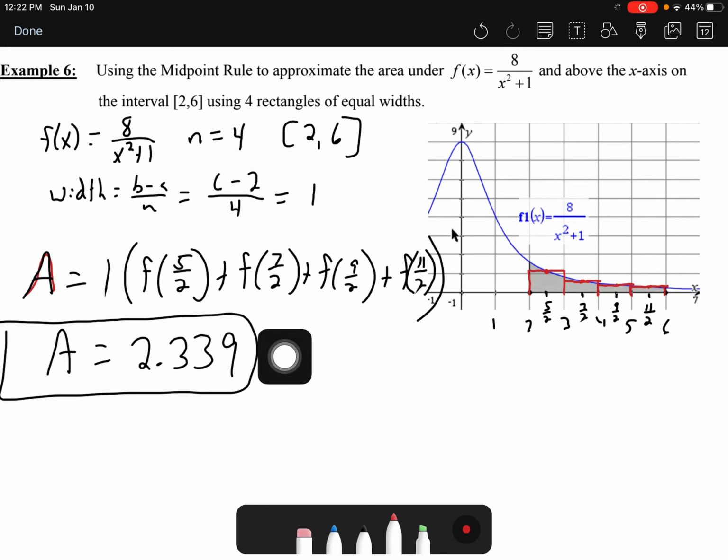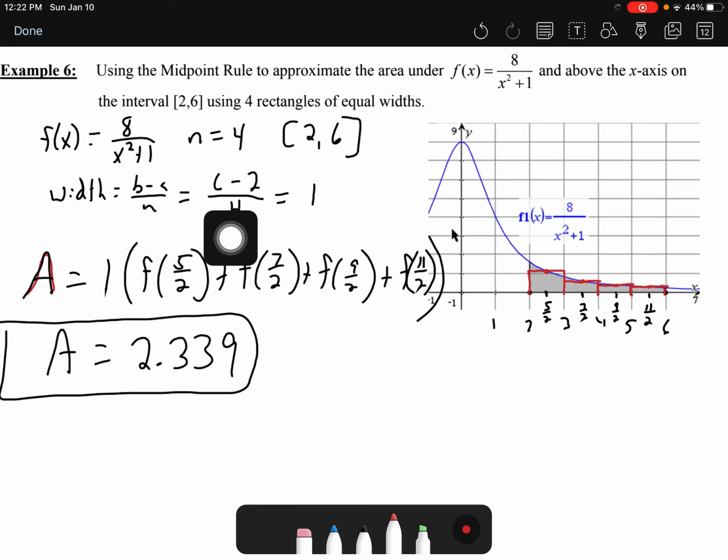And so where does that appear in our work? These, f of 5 halves, f of 7 halves, and so on. The 5 halves, the 7 halves, the 9 halves, 11 halves, that is the x-coordinate of the input value that calculates the actual height of the rectangle, because that's the function value. Okay, and then also I want to reiterate here, the width of the rectangles is this formula, b minus